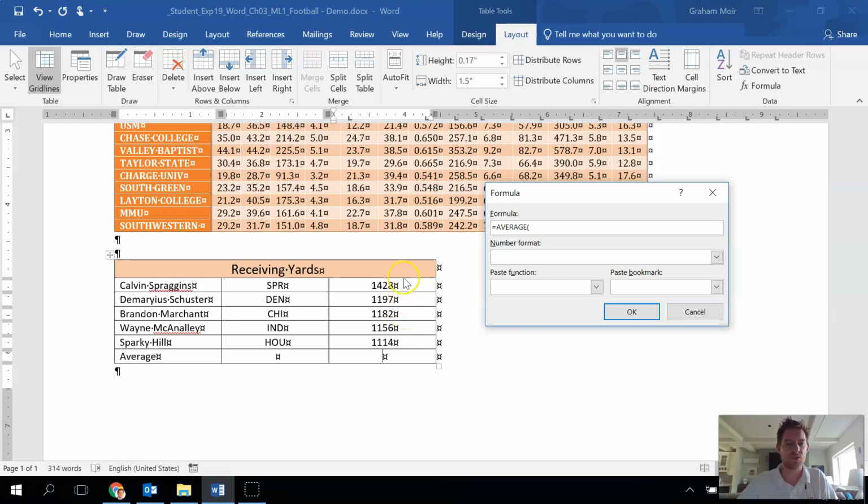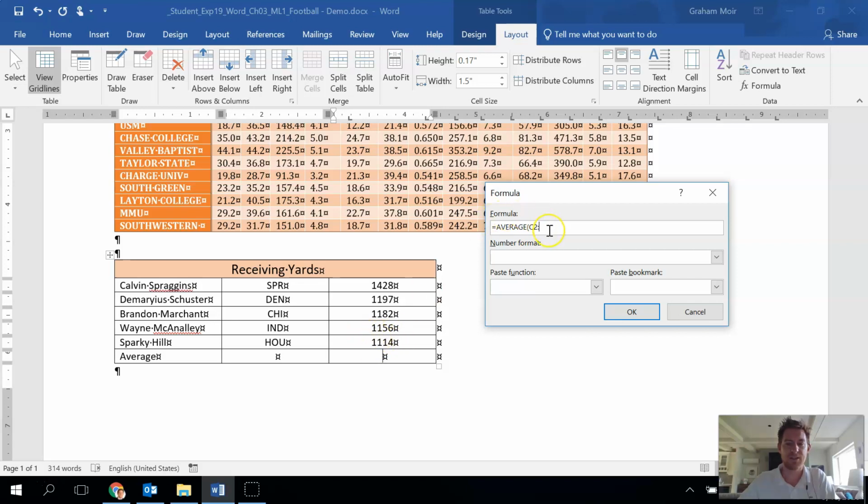Okay, so we want third column, second row, so that would be C2 to represent this guy. Then you put in a colon, so the 2 dots, and we want it to do everything between this one and the